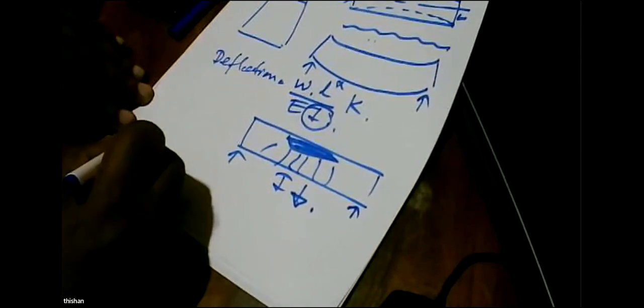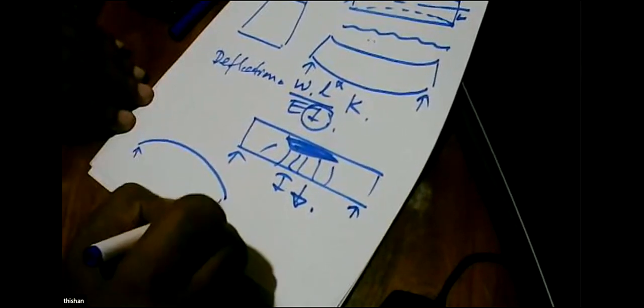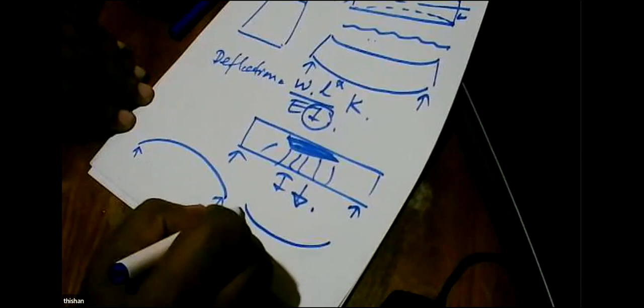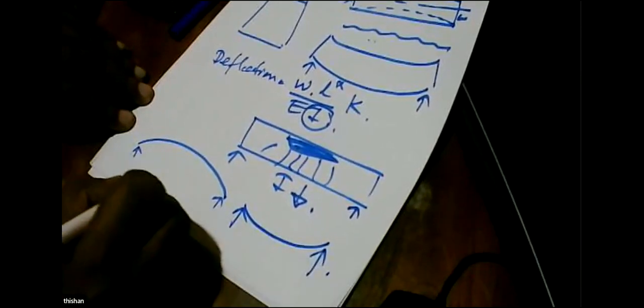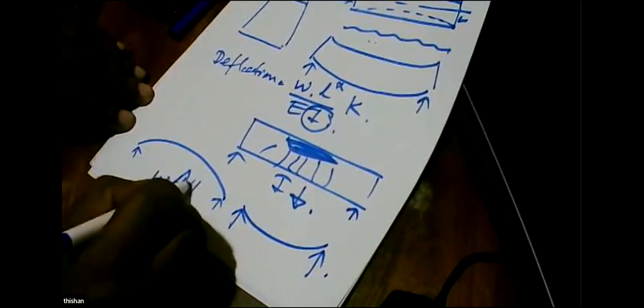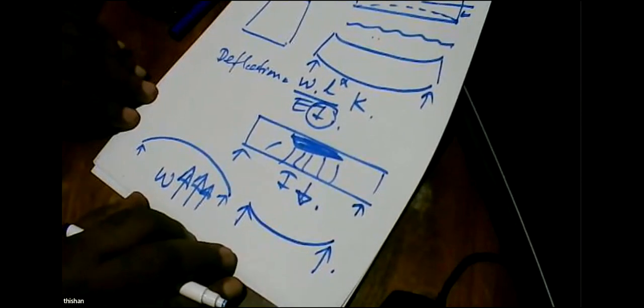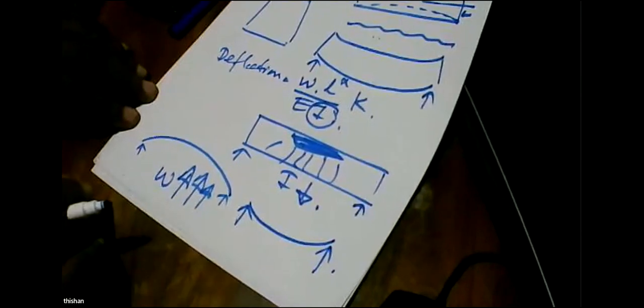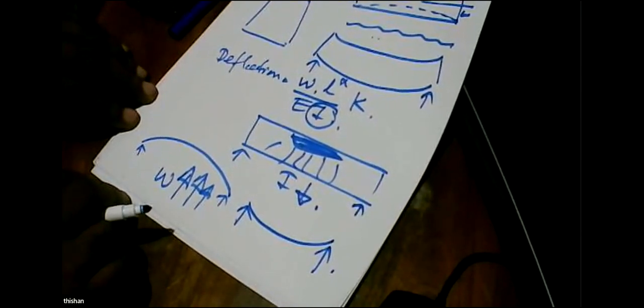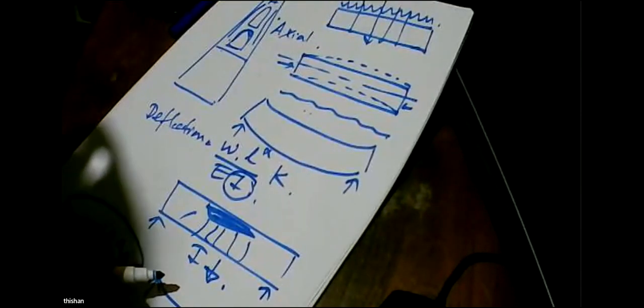And the other advantage is we can make it start this way and then make it fail this way. That means we can apply a W, but we can apply a very high W because we start with a beam that is bending upwards. So we are starting with a beam that is bending upwards. So because of that reason, we can apply a lot of W, a huge amount of load before it actually fails. So that's why pre-stressed concrete is one of the preferred materials for bridges,